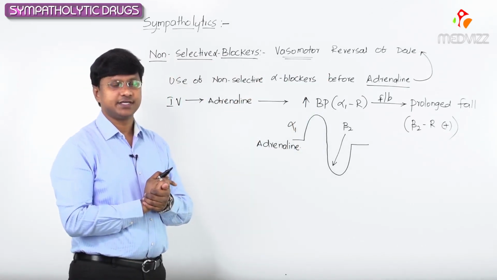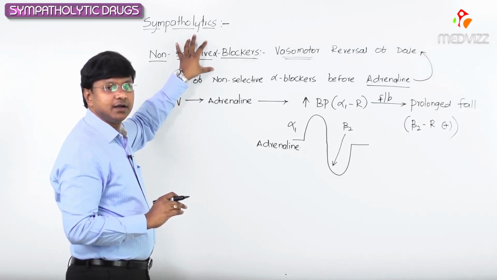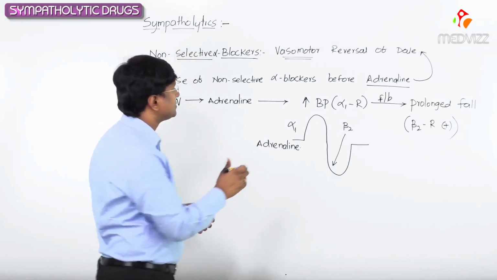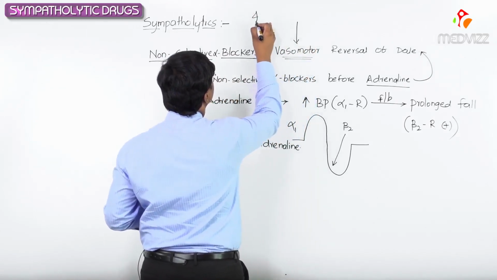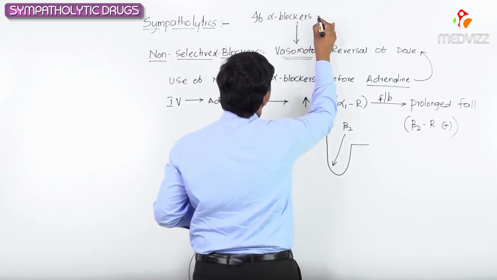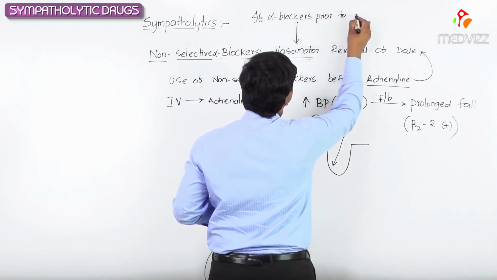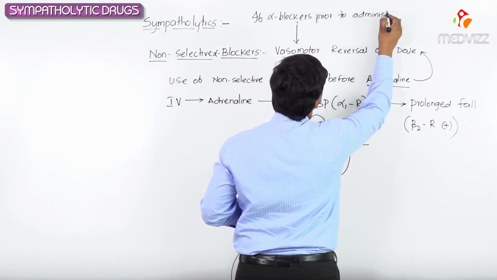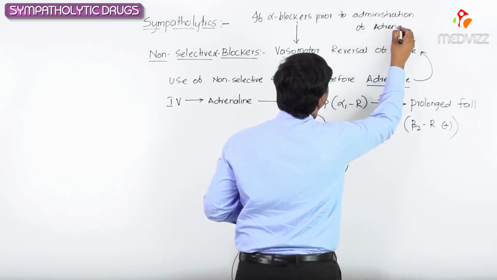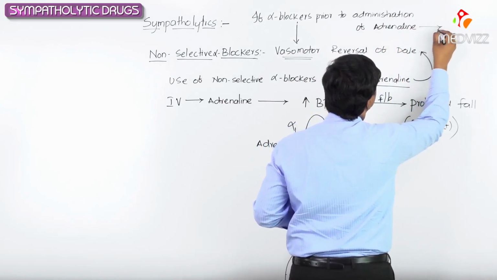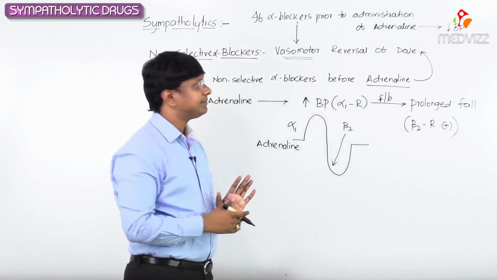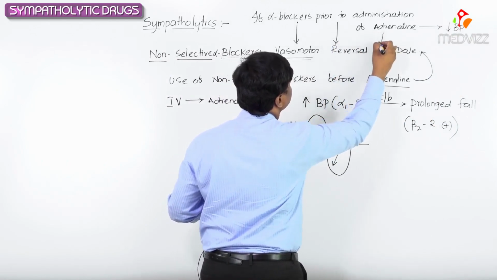What is this vasomotor reversal of Dale? If alpha blockers are administered prior to the administration of adrenaline, there will be only a fall in the blood pressure of the individual. There is no rise, there will be only a fall in the blood pressure of the individual, and this is called vasomotor